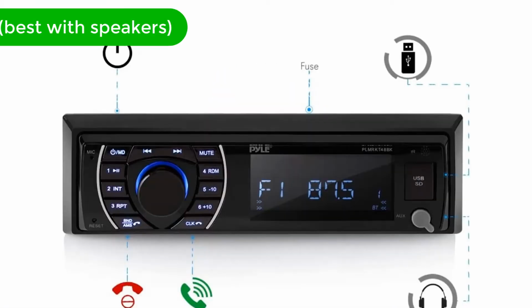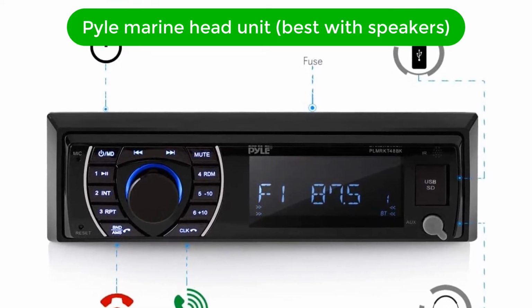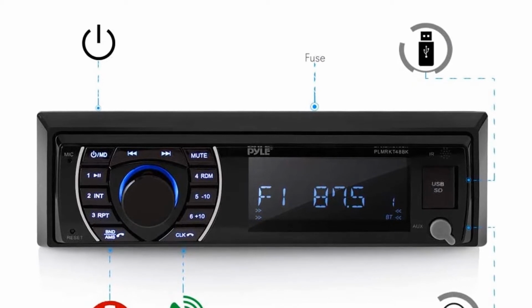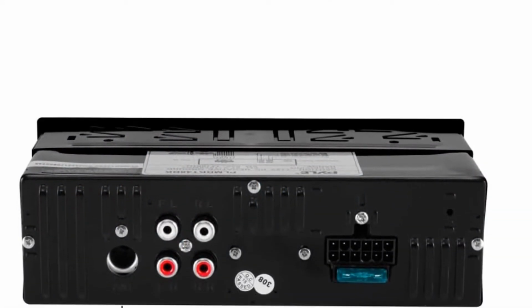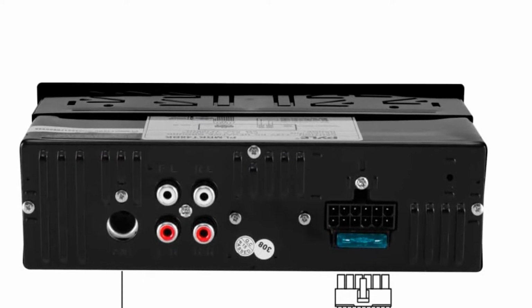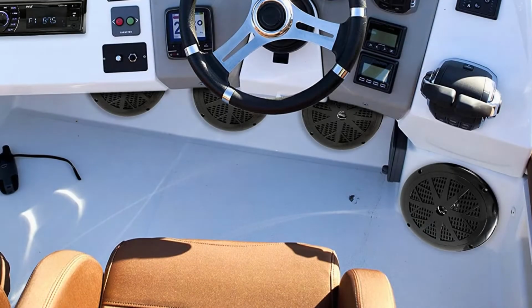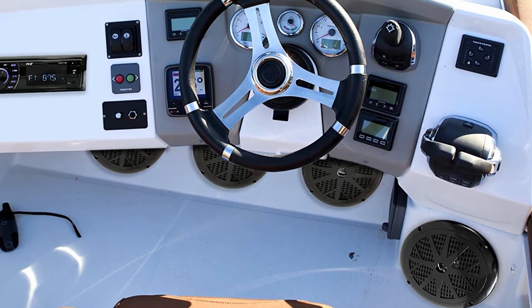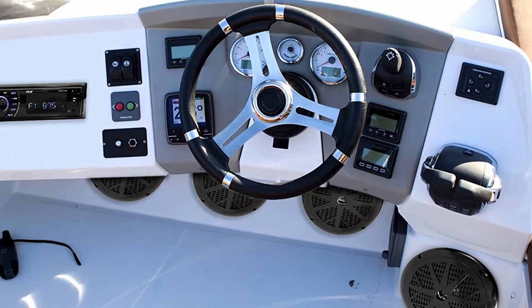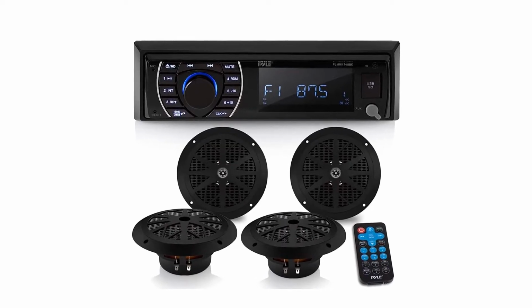Number 2. Second best pick is Pyle Marine Head Unit, best with speakers. Another comprehensive kit for anyone in search of a best buy marine radio system, the Pyle Marine Radio System is brimming with value. This in-LCD digital stereo with built-in Bluetooth and AM or FM radio comes equipped with a set of 4 speakers. The waterproof speakers enable a surround sound experience, while a remote control ensures you can skip songs